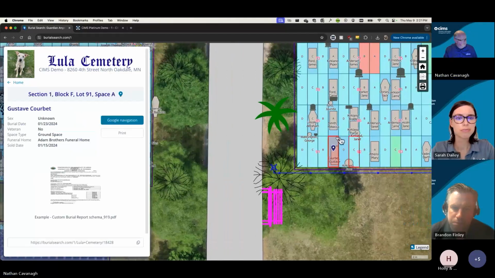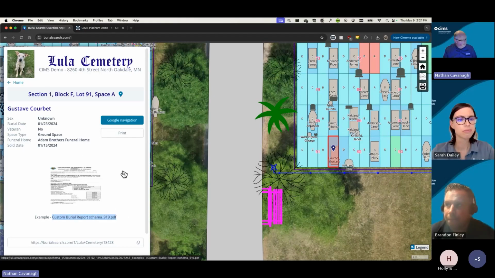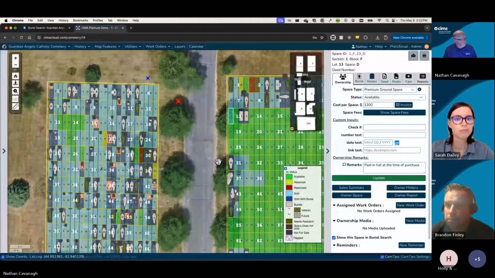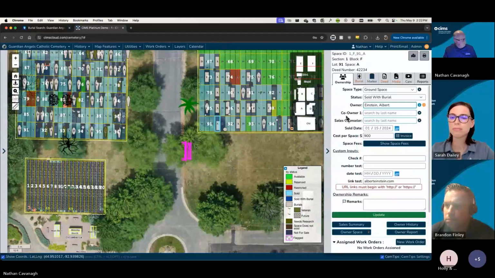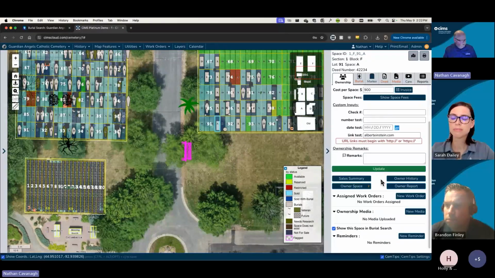The other thing to note is the new Burial Search does allow you to choose to have a PDF appear and not just images. And those are done on a space-by-space basis by opening up that space. And we can come down to